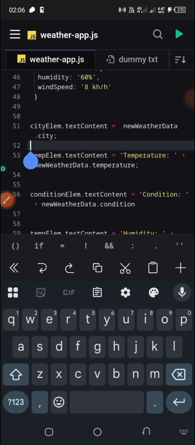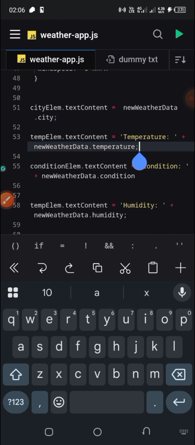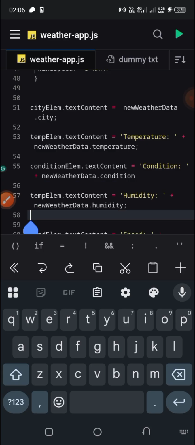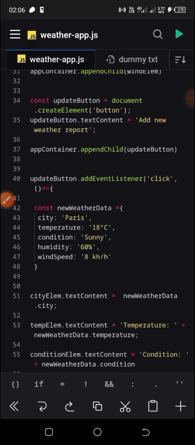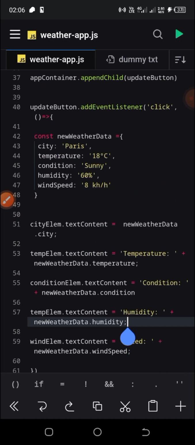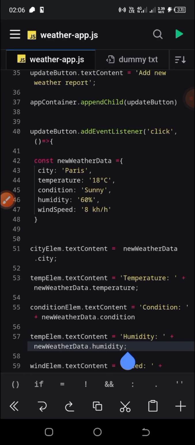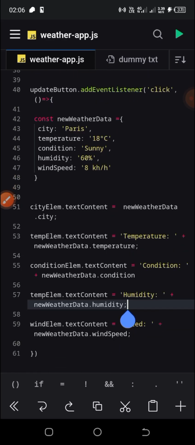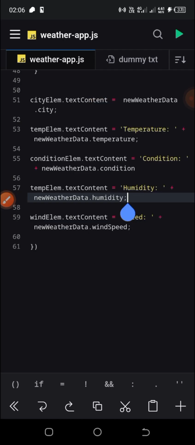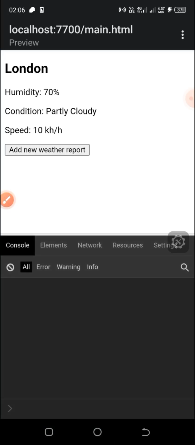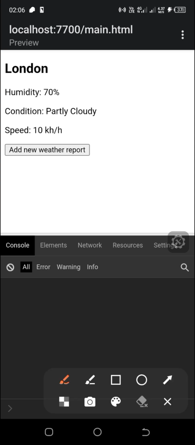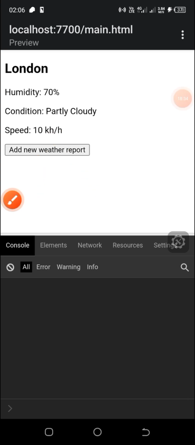So that is it, guys. All we need is just to update the weather at the top there. But if you notice something, it is not changing back. So if we go back and just click update, add a new weather report, or update new weather report, if we click this button, then we are getting another weather which is coming from Paris. Okay, guys,